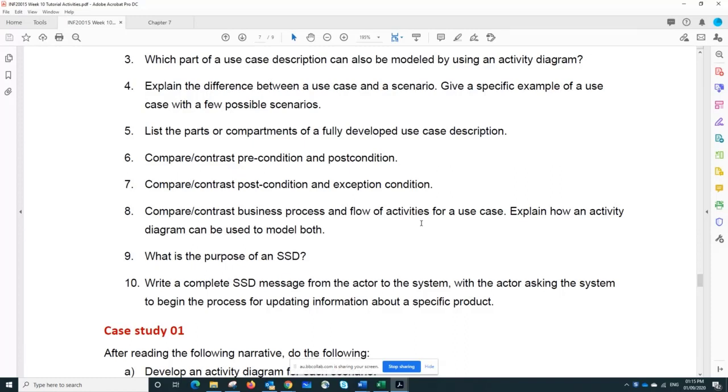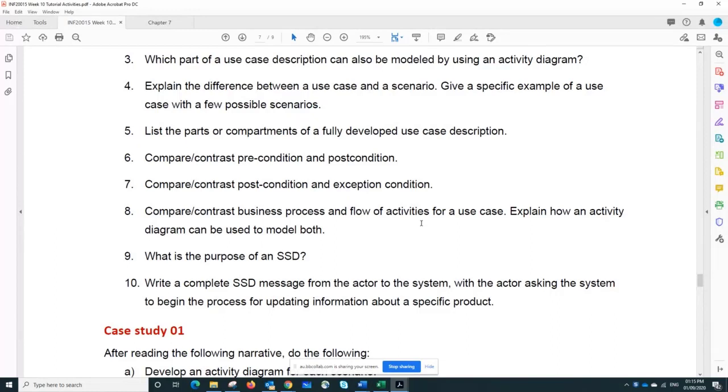Events can happen during the business process. To respond to these events, we actually develop the use cases. So obviously the business process is larger than the use case, but still we can show the flow of activities